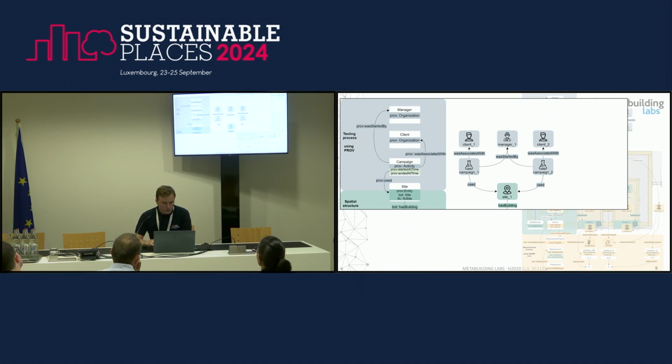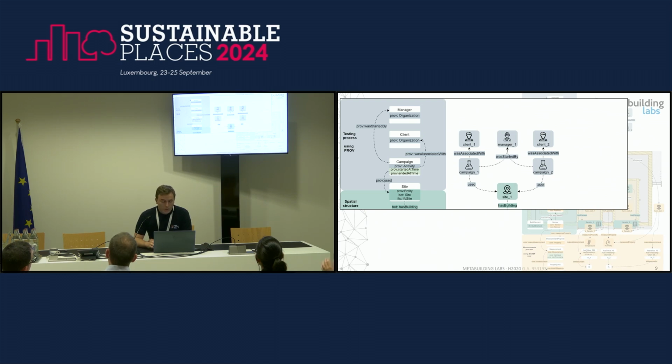So here's how we use the ontology in a very simplified way. Using PROV is in gray. So I've got my managers or my clients, and these are stakeholders or organizations. And then I am describing processes, a PROV process, which is a campaign. So a campaign is basically a delimited amount of time of testing. I'm testing from January to March. And in that span of time, one of the cells will be attributed to one of the clients. The other cell might be attributed to the same client or to another client running a different test or a different campaign.